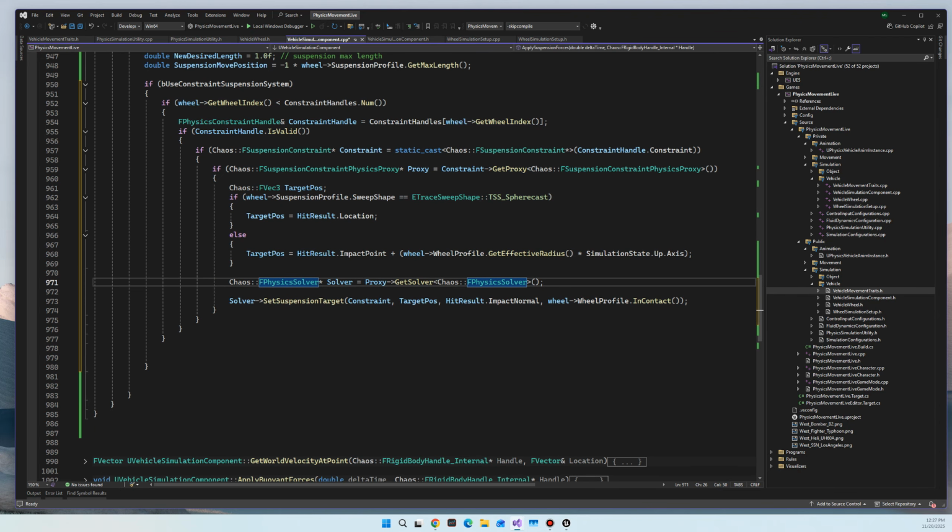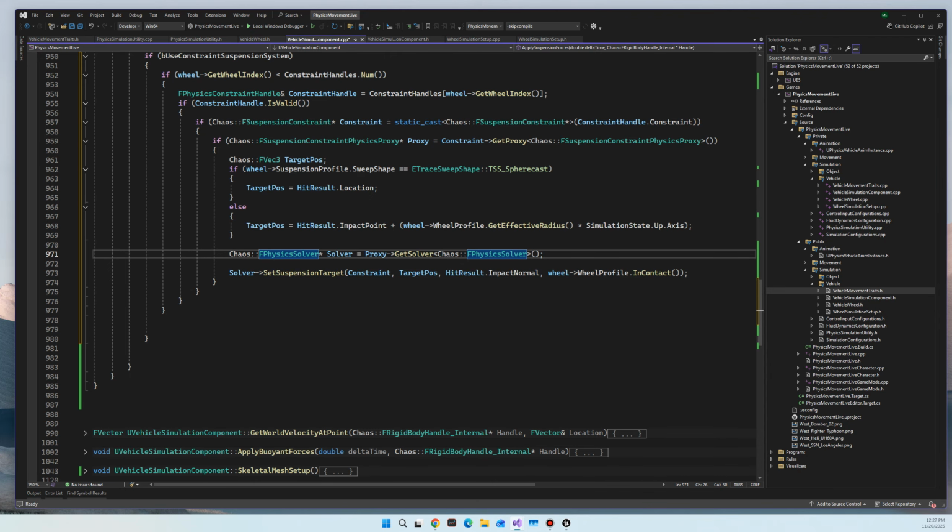And the solver is actually what's going to run the calculation to determine whether the vehicle is going to be going down or up, or how it's going to act within the suspension system. So we're going to get the solver. The proxy has the solver. So we're going to go ahead and get that solver, right,